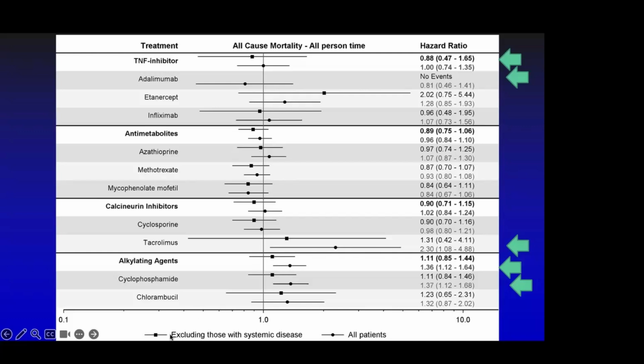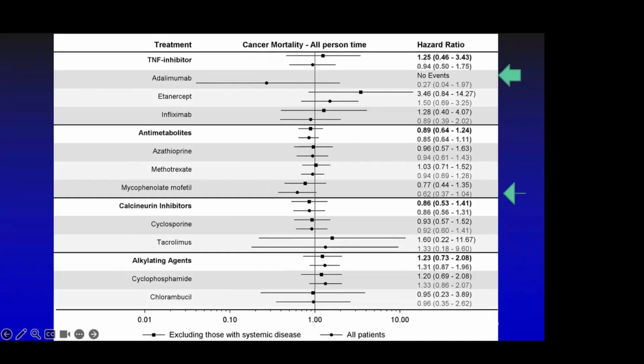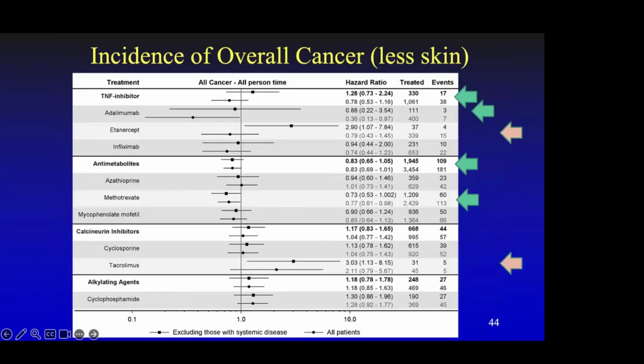This is looking at, with the squares, those excluding systemic disease, so the ideal cohort, because people with systemic disease might die of the systemic disease, and then all patients with the round ones, but the patterns are similar, but tend to be worse, say here, and in the pure group, it's better. If we look at cancer mortality, we have similar results. And if we look at overall cancer, again, we have similar results, except it's a little more pronounced in a